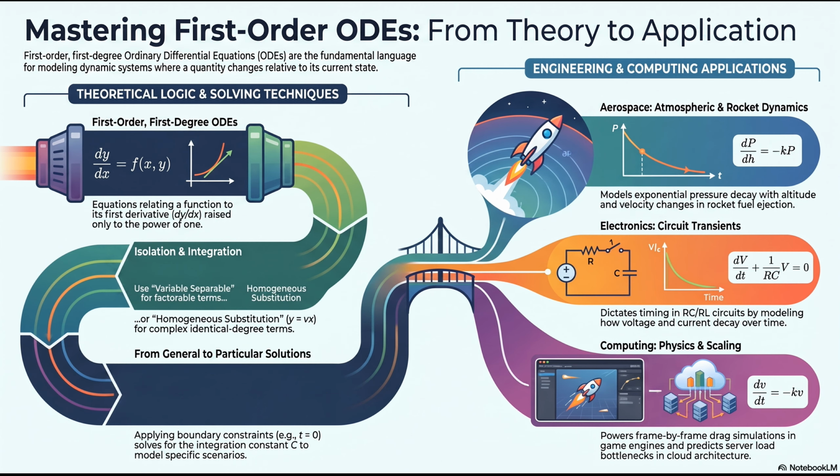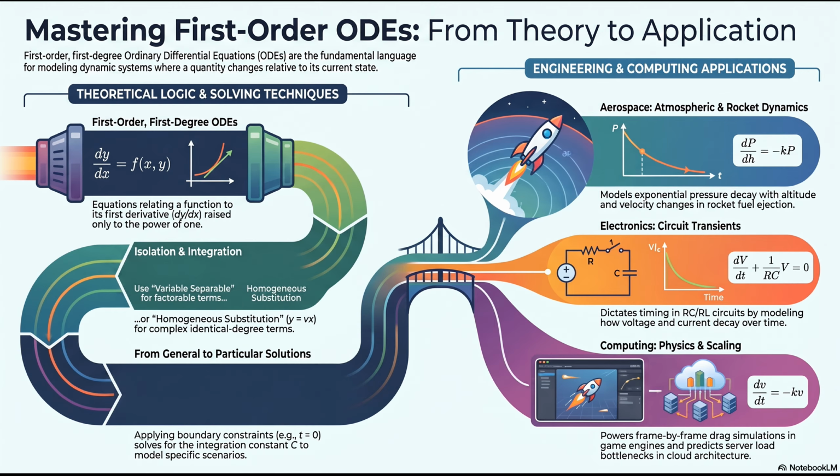That is a very fair question. But it actually highlights why first-order equations are so vital. How so? Well, yes, first order means we are dealing strictly with the first derivative, the change in y over the change in x, or dy/dx. Right, no acceleration. We aren't calculating acceleration, which is the second derivative. But in the real world, countless physical systems don't actually have acceleration in the way a car does. Wait, they don't? No, their rate of change is driven entirely by their current state.